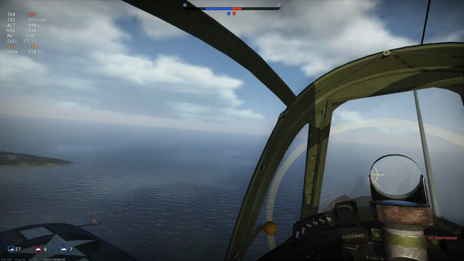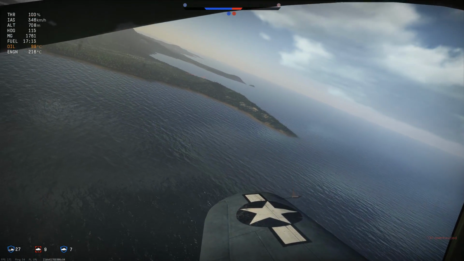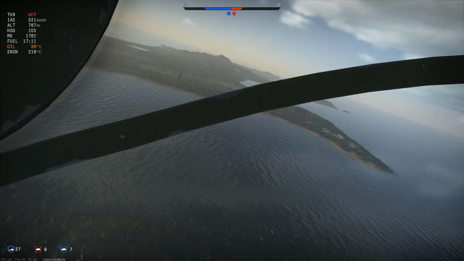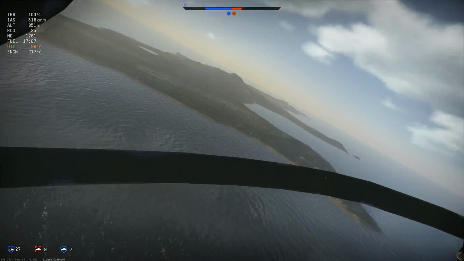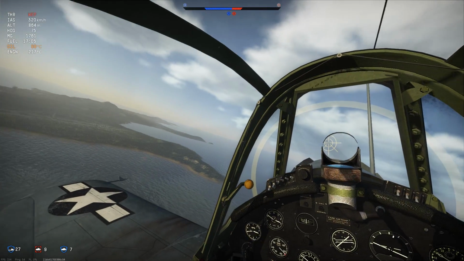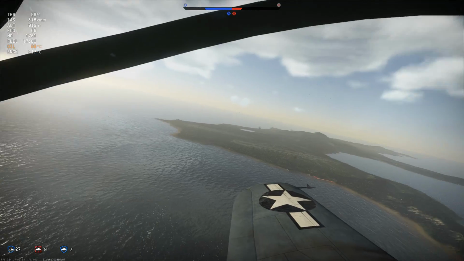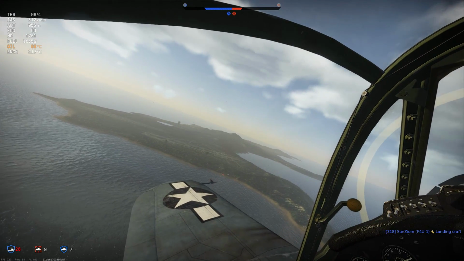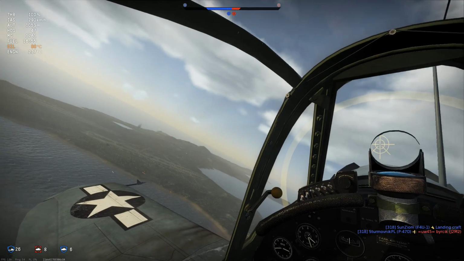It does not take too long to get the engine temperature back to acceptable levels, so I throttle back up and slowly start to turn towards the fight over the friendly landing craft, hoping to find an enemy plane there to attack. However, there appears to be only one enemy plane there, and this one is already under attack by a friendly plane, another F4U,